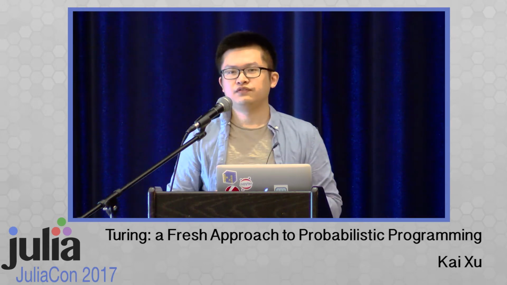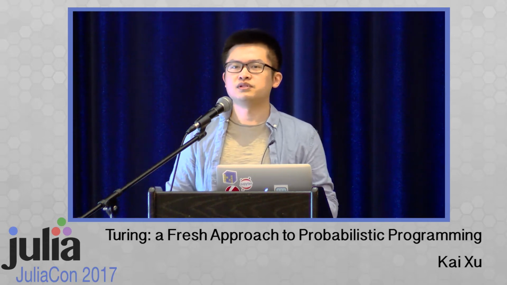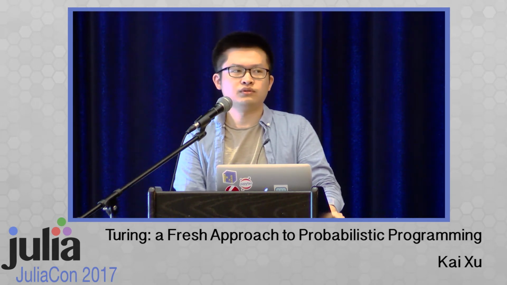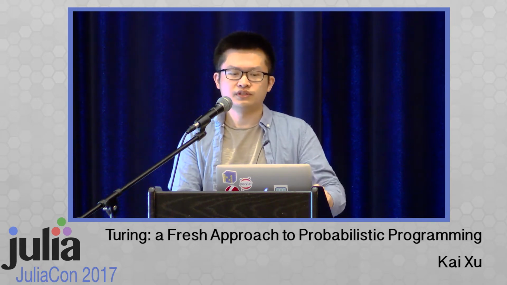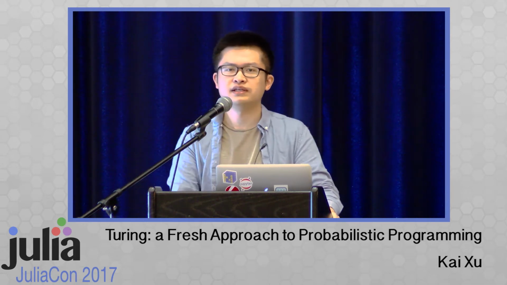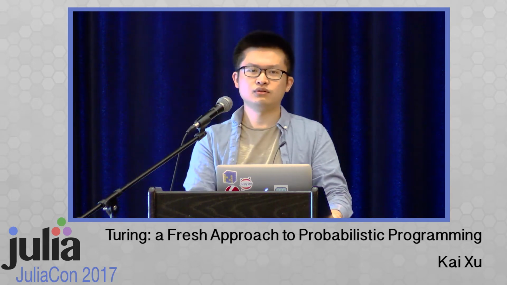So here are some key features of Turing. First of all, Turing is a probabilistic programming framework. It allows you to do universal probabilistic programming with a very intuitive modeling interface embedded in Julia. By universal, I mean you can actually write any kind of Julia code inside the Turing @model function. And as for intuitive, you've already seen that the probabilistic model defined in Turing is almost identical to its